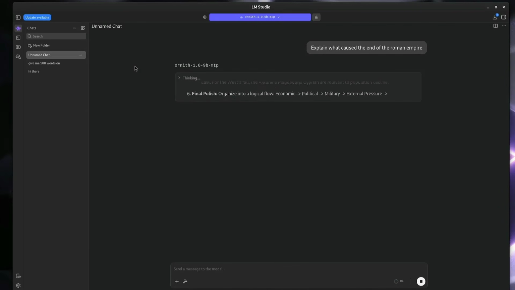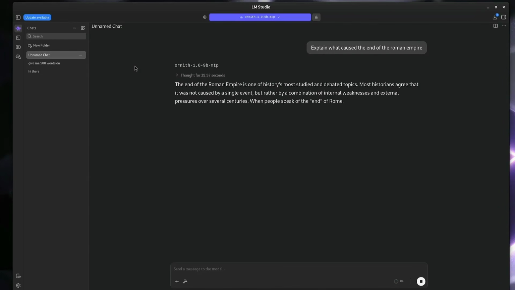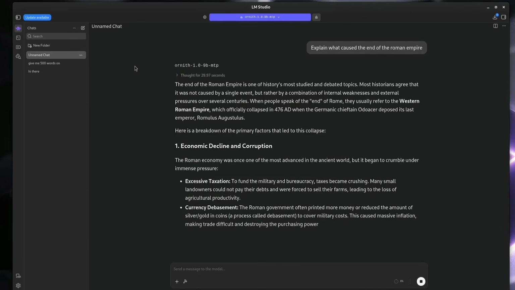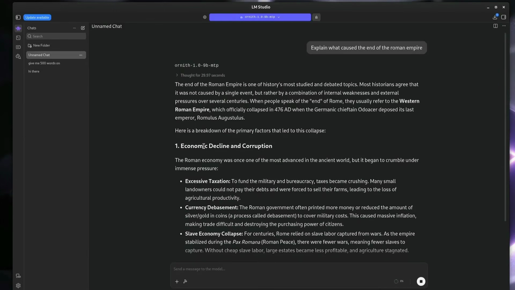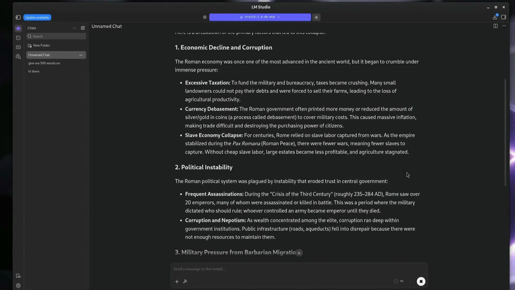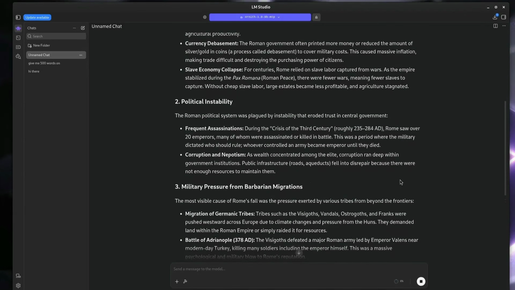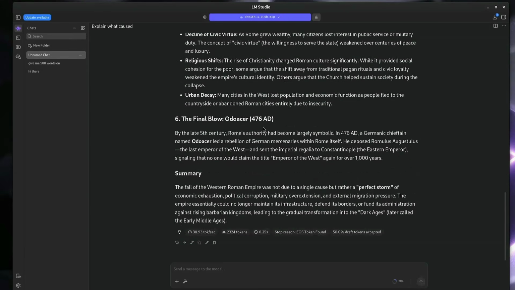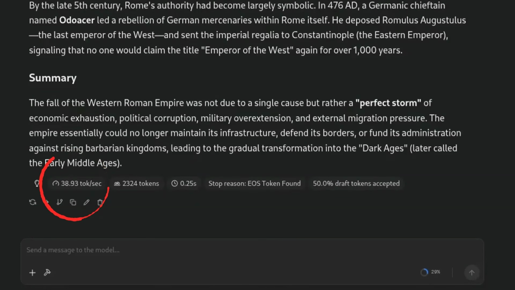This should be the speed that you're seeing for most of the 9 billion parameter models where you've got a multi-token predictor drafter working with it. And nowadays, the cool thing is that models like Gemma 4, models like the Qwen 3.5, 3.6 series, people are actually releasing them with drafters as well. So you can see it's going along pretty nicely there, and we're getting just below 40 tokens a second on